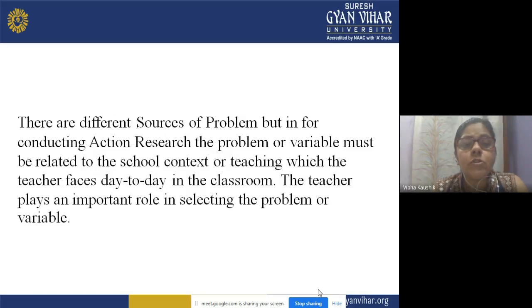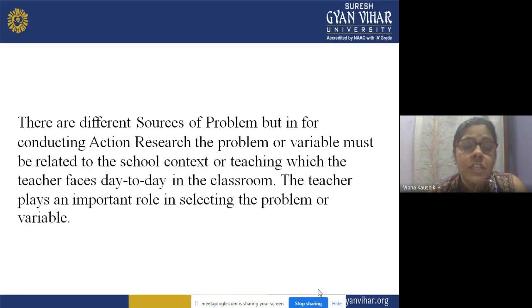There are different sources of problems, means various sources of problems can be there. But for conducting action research, the problem or variable must be related to the school context or teaching. What they are saying is that there are various sources from which we can collect problems, but when we are doing action research, the problem or the variable must be related to the school context or the teaching learning process which the teacher faces day to day in the classroom,